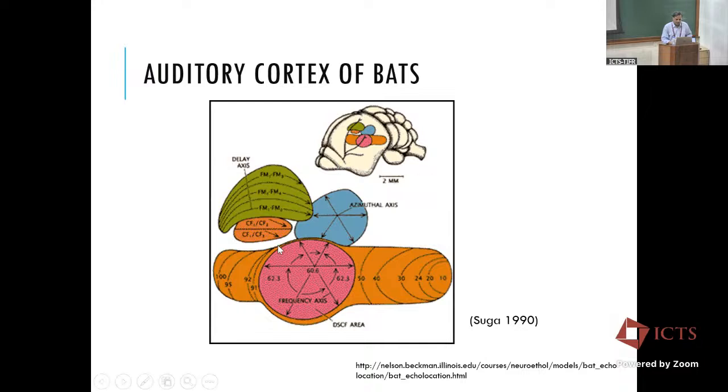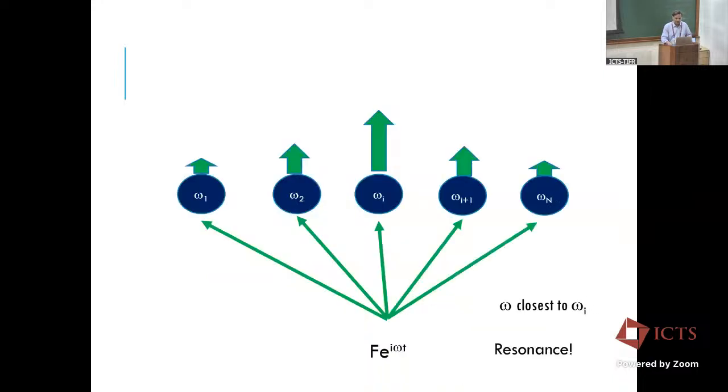If you look at the primary auditory cortex, A1, of this particular kind of bat, you'll find a rectilinear strip along which some kind of Fourier transform is done. Only thing, it's not uniform, because this particular bat operates in the range of about 60 kilohertz, plus or minus a few hertz, so a lot of energy is concentrated in that zone. On this strip, one end is 100 kilohertz and the other end is 10 kilohertz. But in the middle, a lot of area is given to a much smaller range, like 58 to 62, because that's where a lot of energy is.